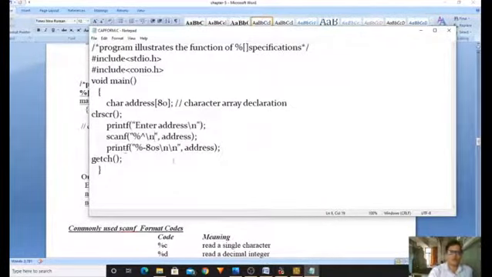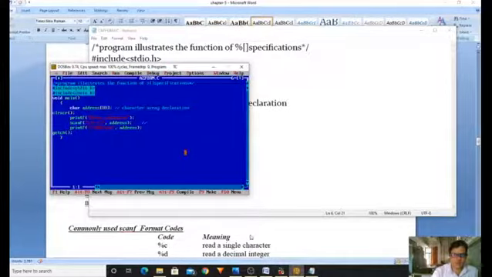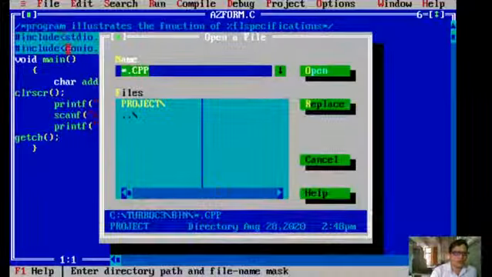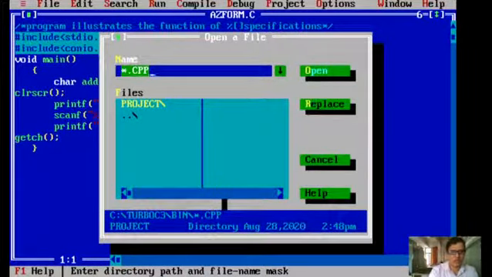Now what will happen here? It will read the characters until you press enter, and whatever size you have declared, only that much it will store. Now I am opening my editor and opening my file, that is capform.c.